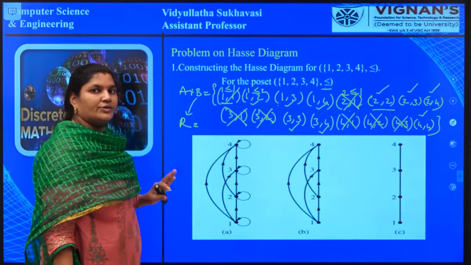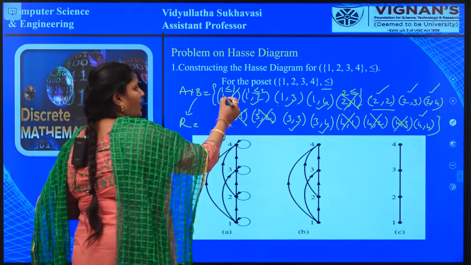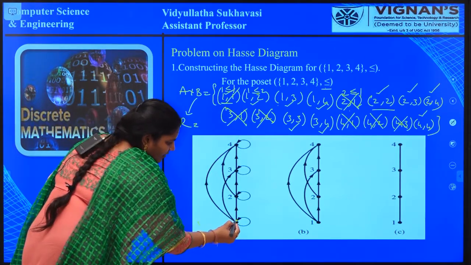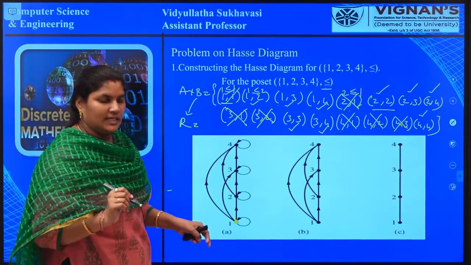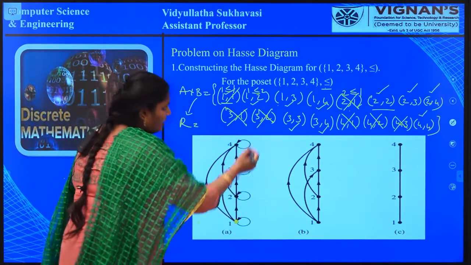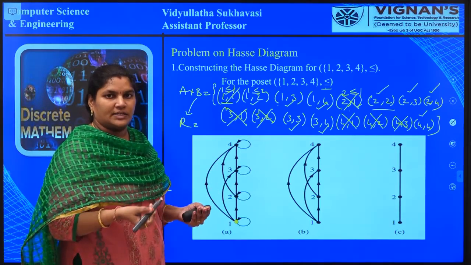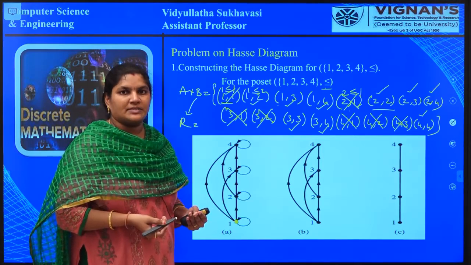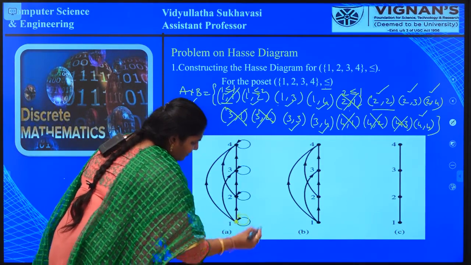See here how we are going to draw the Hasse diagram for this relation R. First, what is the ordered pair? 1, 1 is there. So initially we have taken a node like this, a node which will be represented with a small filled circle. This is node 1. Here 1, 1 means it is a reflexive pair. Already we have said that in a directed graph, a reflexive pair should be represented with a loop. So here we have represented it with a loop with direction.